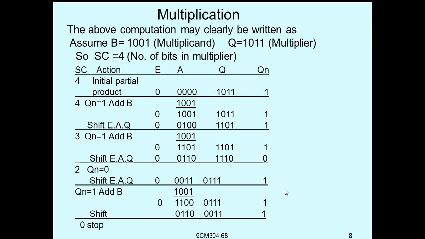So this one goes on. Double one, this 0, this 0, and then this 0 here, and then double 1, and this 0 comes here, and then Qn is nothing but 1. Decrement the SC. So before it was 1, so now it becomes 0. Once it is 0, we have to stop our process.